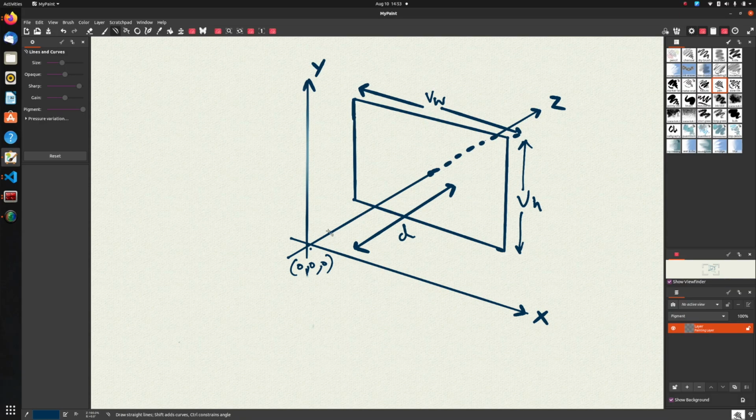Okay, so the origin perfectly coincides with the center of the viewport, and the viewport is placed at a distance d from the origin. And now what we need to do is choose values for VW, VH and d. So a standard value for VW, VH and d is 1. So if we assume that VW equal to VH equal to d equal to 1, that's kind of a standard value